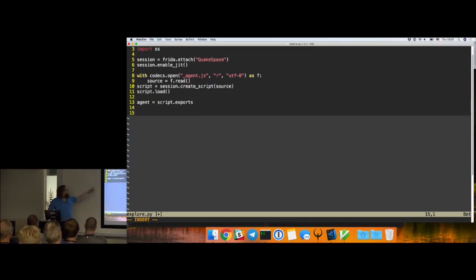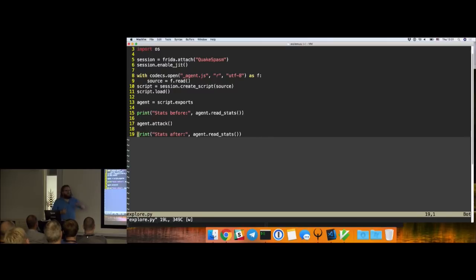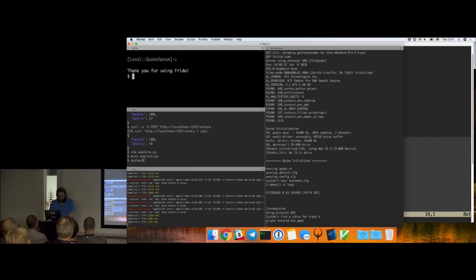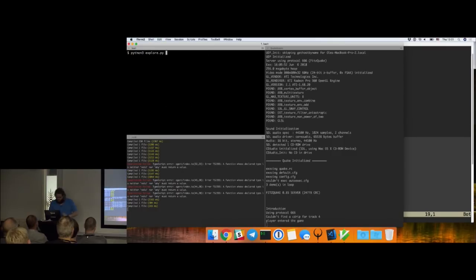So script exports is a magical object, so whatever you access on it will be turned into a function you can call. So we can now do agent. We could print stats before, agent read stats, and we can do agent attack, and we can do stats after, and that's it. Now we'll get the stats, we'll attack, and then we'll read the stats again. So now we can stop this, and run Python 3 explore.py, and hopefully